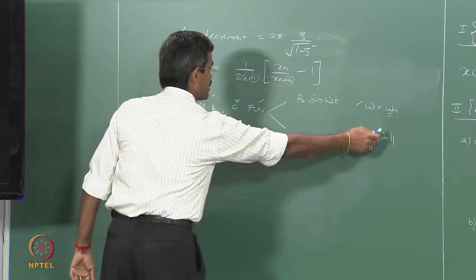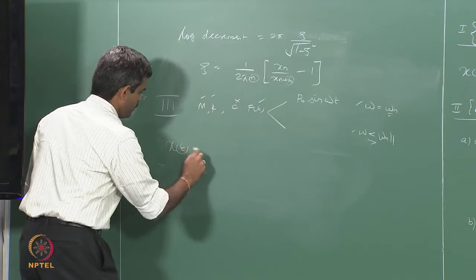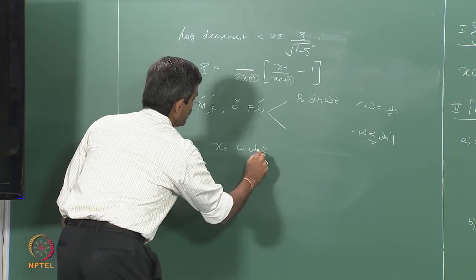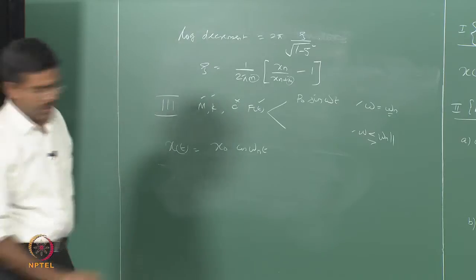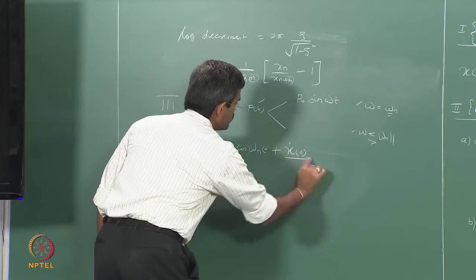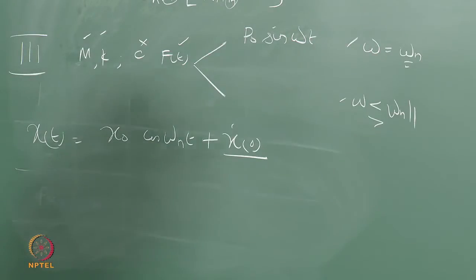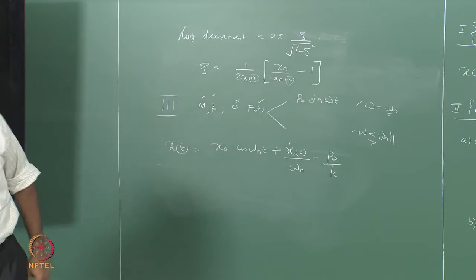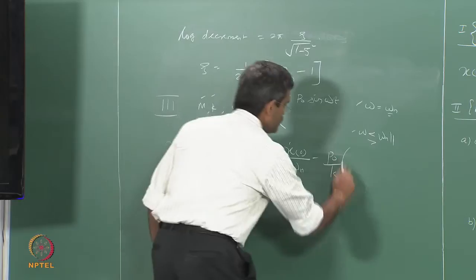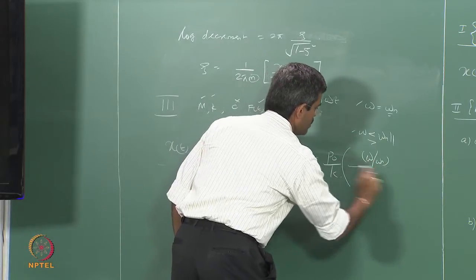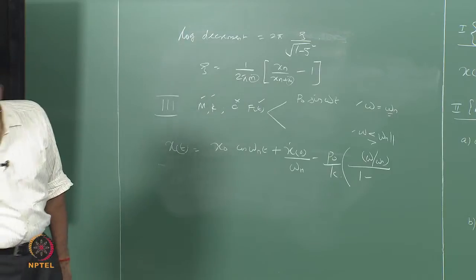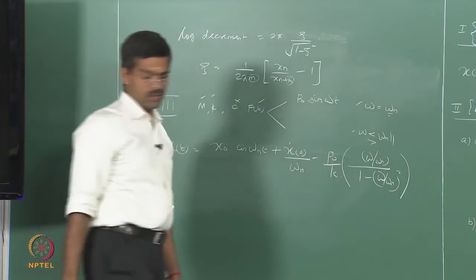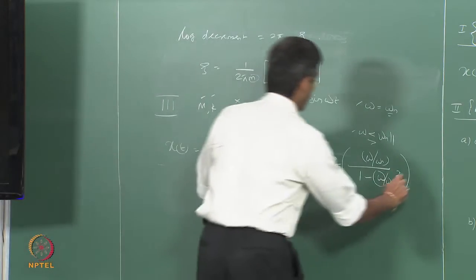So, let us write down for the case where it is not equal. x of t is given by x0 cos omega n t plus x dot 0 by omega n minus p0 by k times omega by omega n by 1 minus omega by omega n the whole square, of sin omega n t